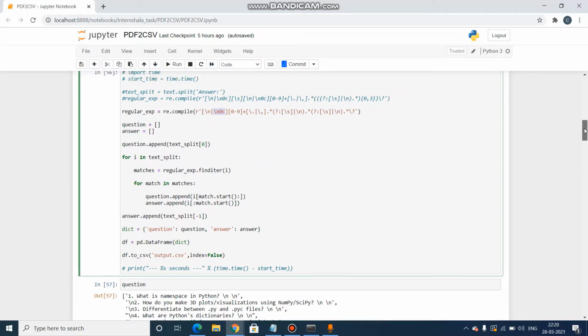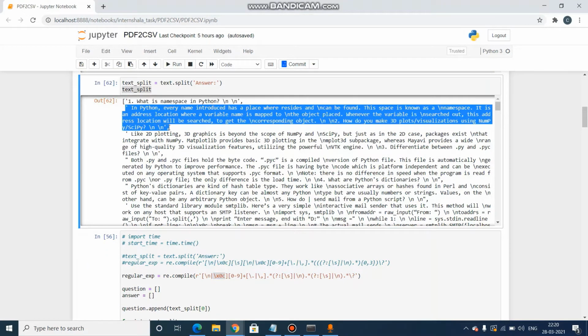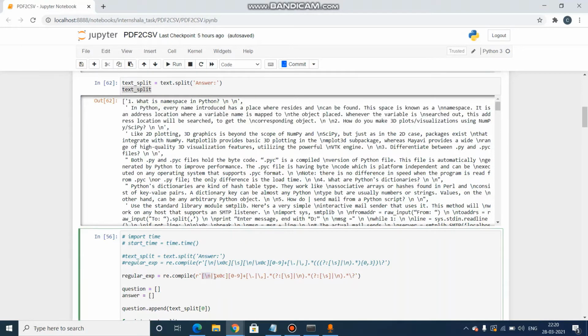These are the strings: this is the first string, this is the second string. In these strings we have to check whether the string starts with \n or with a form feed, a new line or form feed, and compare with that.